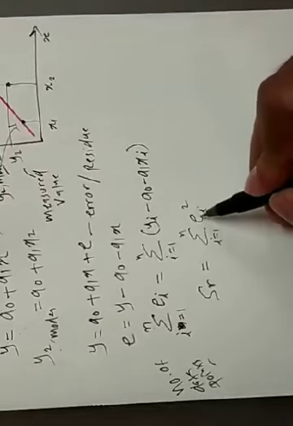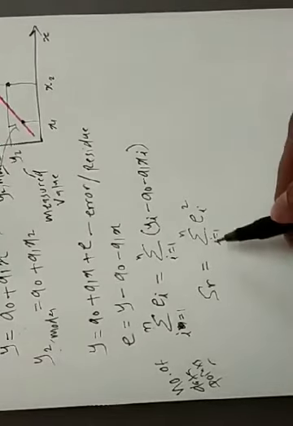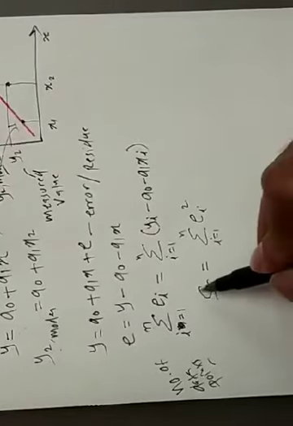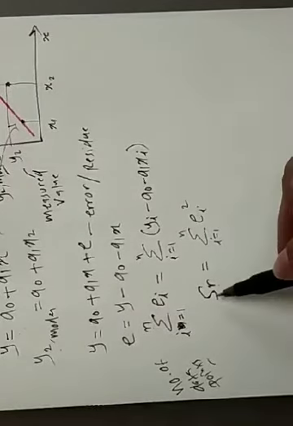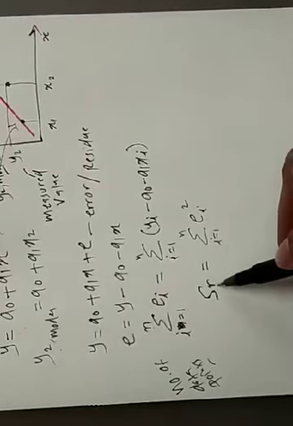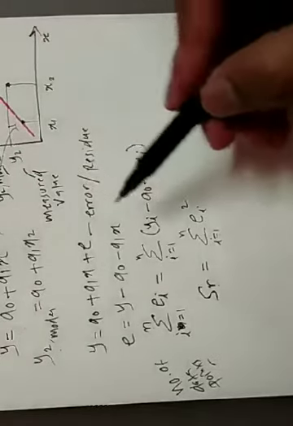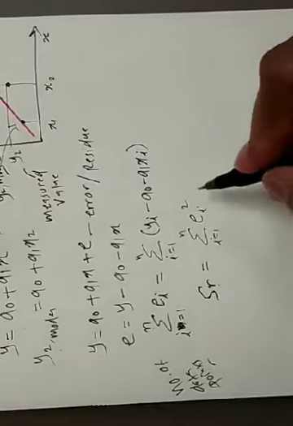You see here the error squared, so this SR means the square of the residue. S refers to square, R refers to the residue. Residue means this e. It is equal to